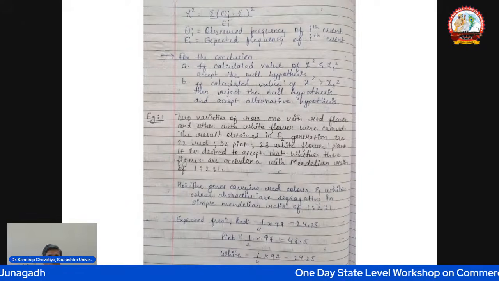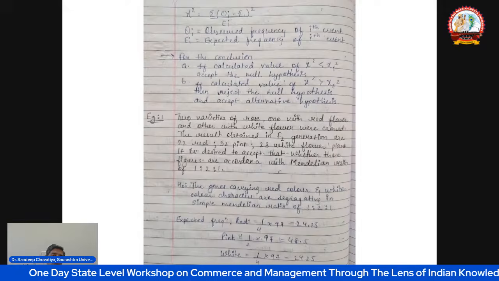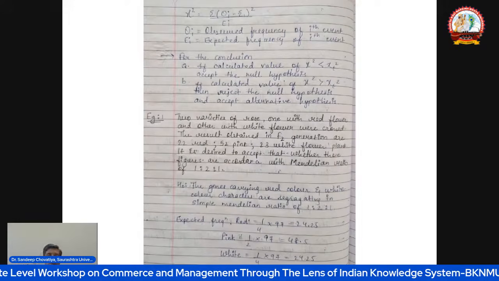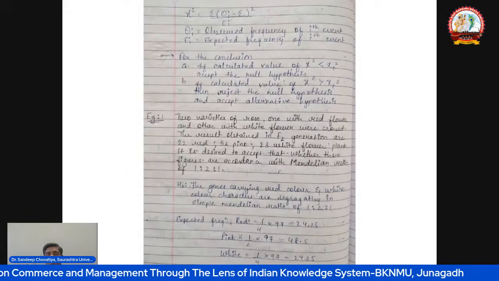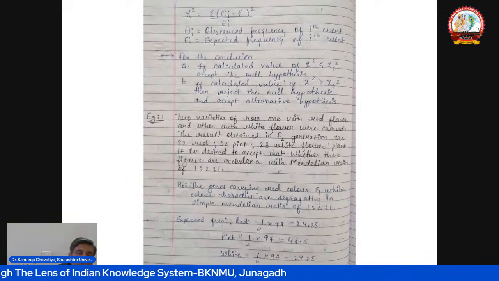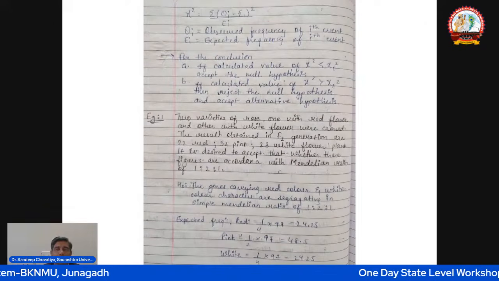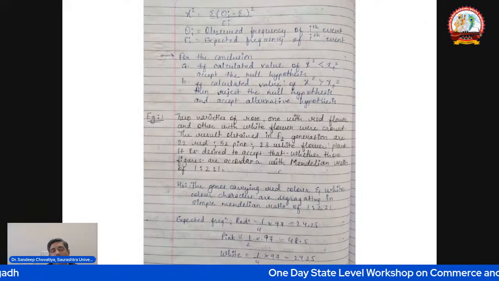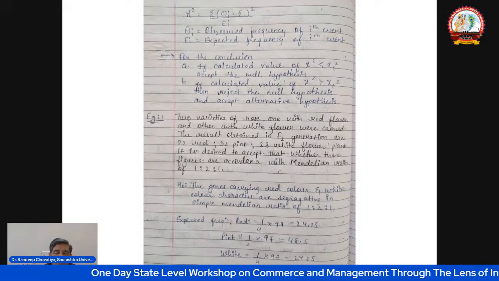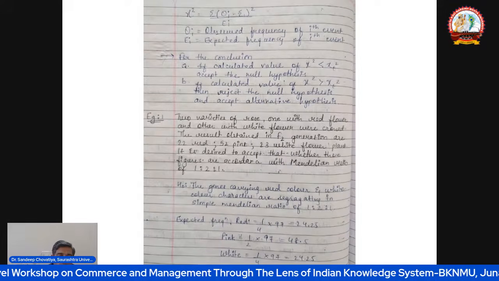તો OI શું છે તો કે observed frequency of the ith event and E શું represent કરે છે which is the expected frequency. For the conclusion શું લેવાનું છે આપણે if the calculated value of chi square okay which is a less than then we accept the null hypothesis so if greater than us so we reject the null hypothesis. With the help of one example we understood okay, why we are going to perform this chi square on non-parametric